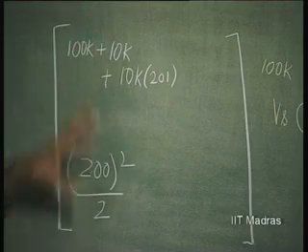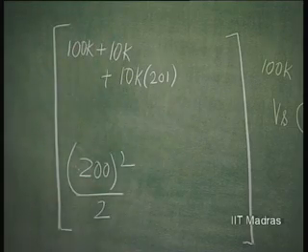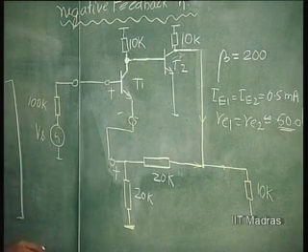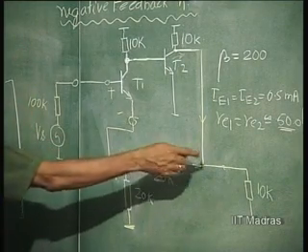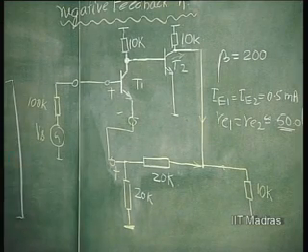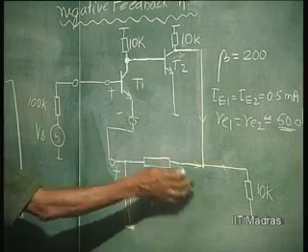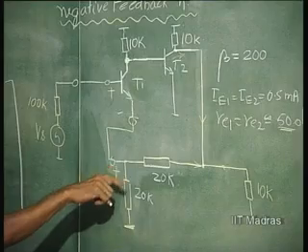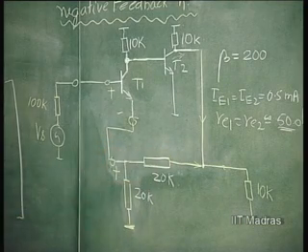So, these two parameters are easily evaluated. Then open circuit this, and find out the output parameters. When you open circuit and apply V naught here, the feedback factor is half, 20 k by 20 plus 20 k, which is half,